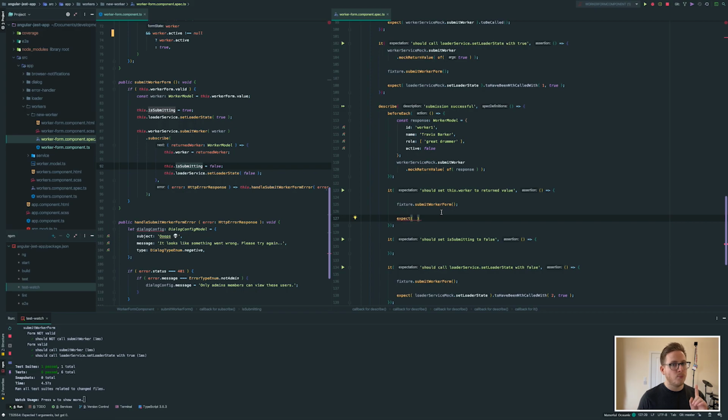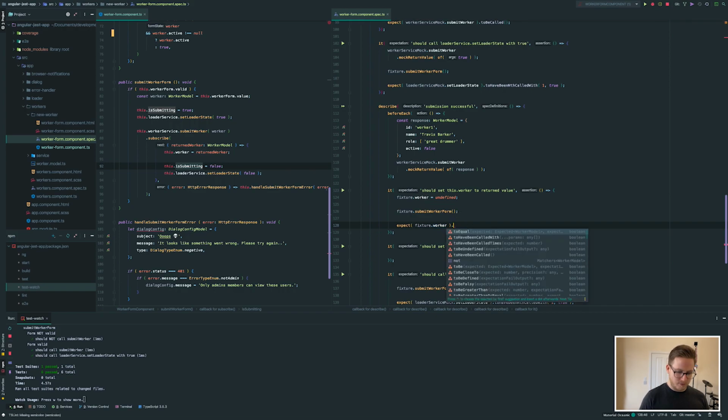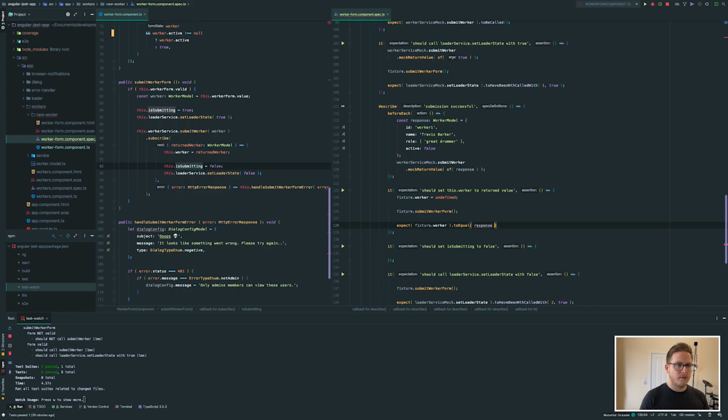Now, what we need to be sure of is that worker did not equal that value to start off with. So, the best way to do this is go fixture.worker equals undefined. We know at this point it's now undefined. So what we need to do is check if, once this is called, to equal, and the response is passed in,